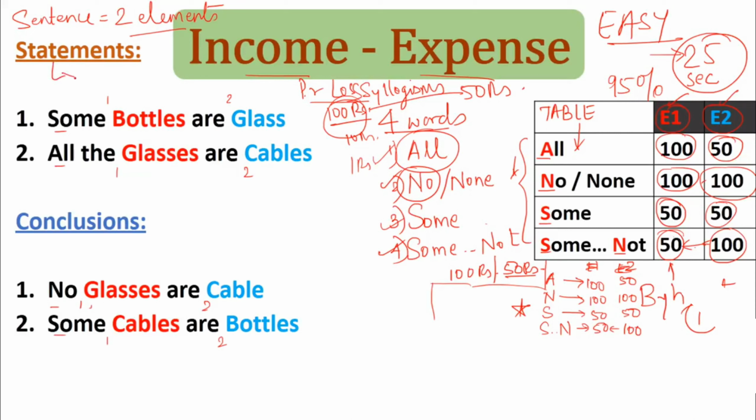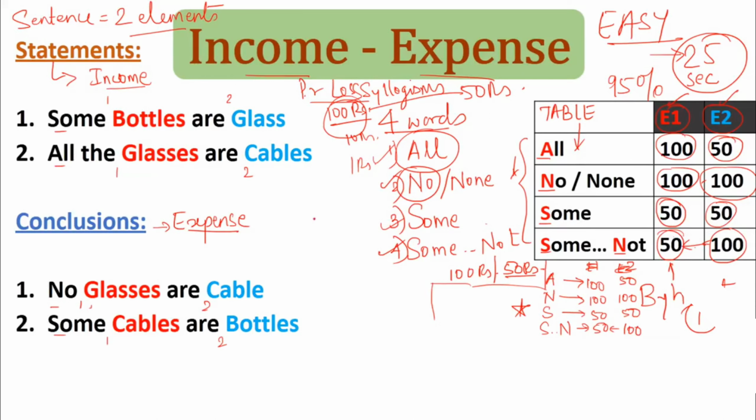Statements have been given to us, so this becomes income. Income is given to us and we have to decide the conclusion, so this becomes the expense, because we spend the money. So the statement is given to us, like salary is given to us, so income is this and the opposite is expense over here.